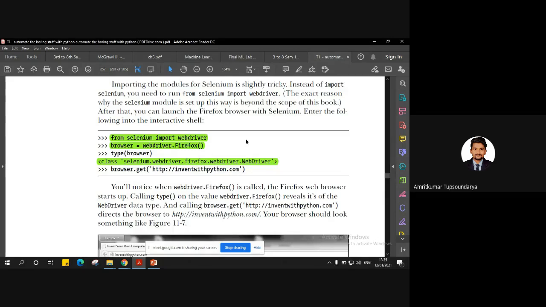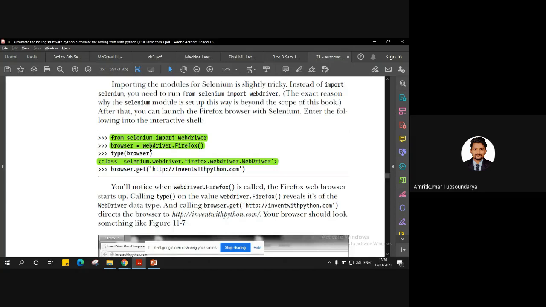For that, you first have to import the webdriver from Selenium. So: from selenium import webdriver. That's the simple instruction for making use of the webdriver provided by the Selenium module. Once we have that, we are going to create a variable called browser, which will store the returned object after opening that browser.